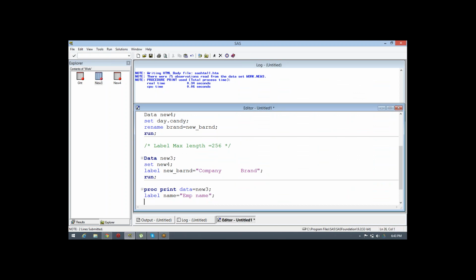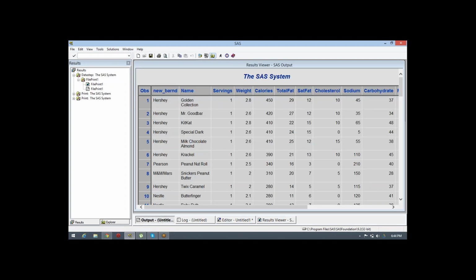This label is not in the permanent dataset, and whenever we say proc print, it always takes the variable name to be displayed. So when we execute this, see, name comes up as it is.